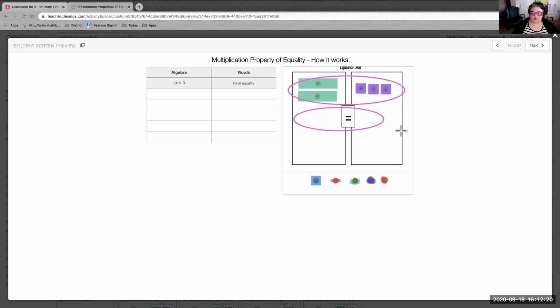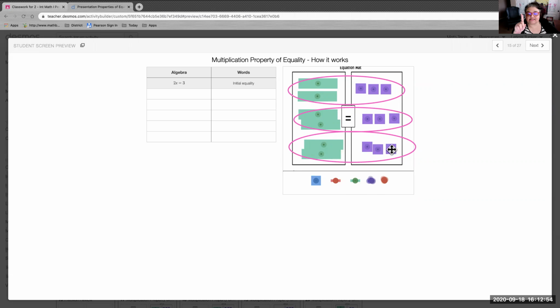and make more groups. So let's say I wanted 3 of these. Well, then that would mean I would multiply this by 3, and then I would end up with 3 here, these 2 here, and on this side I would end up with 3 like this, and then, okay? What's nice about this one is that